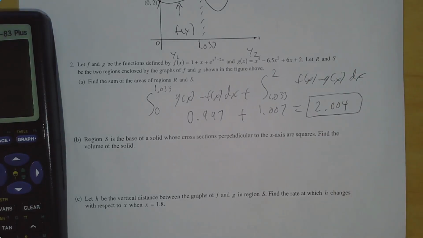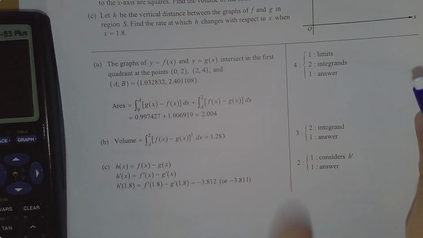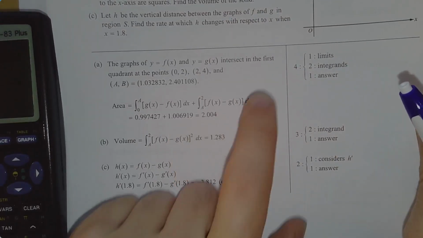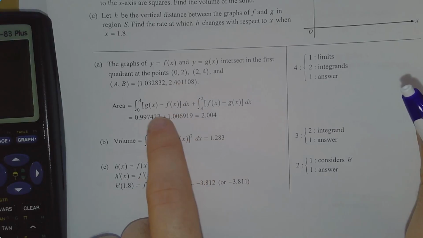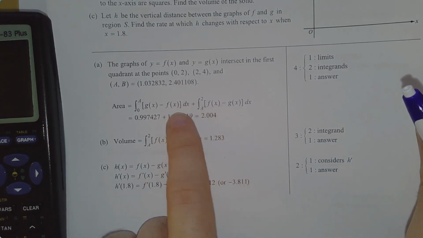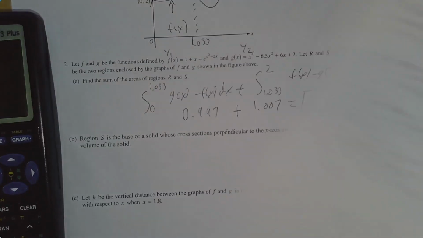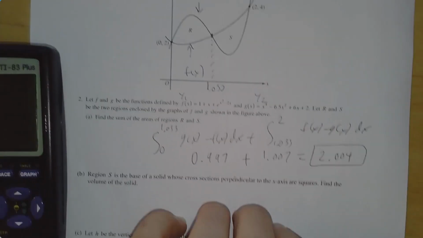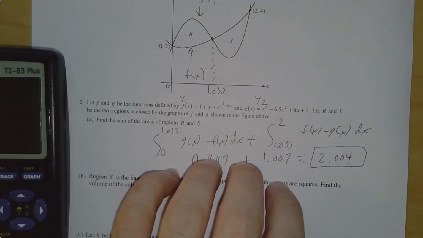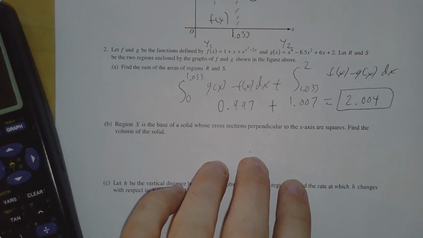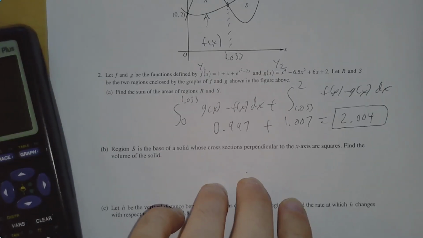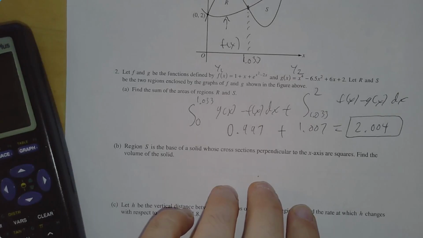And if we look at this, same exact thing. 4 points for that. The limits, the integrands, meaning the insides, need to be right, and the answer. So, I believe that 100% you can do this question. 100%. Part B: the region S is the base of a solid whose cross-sections are squares. Find the volume of the